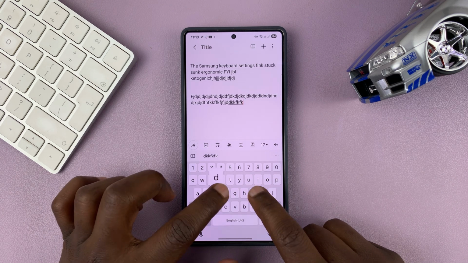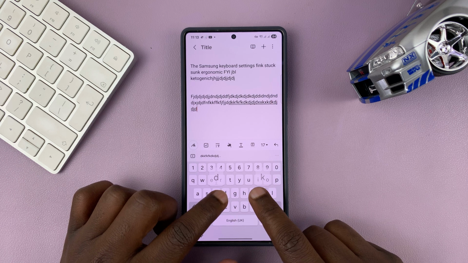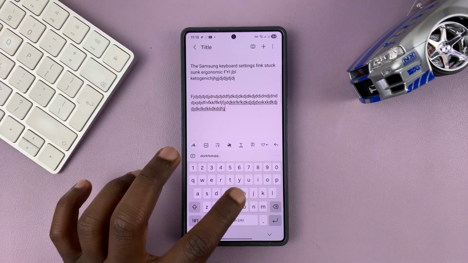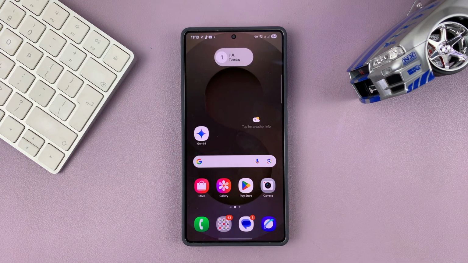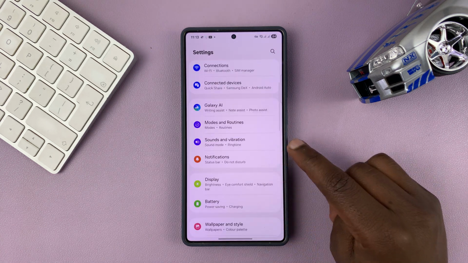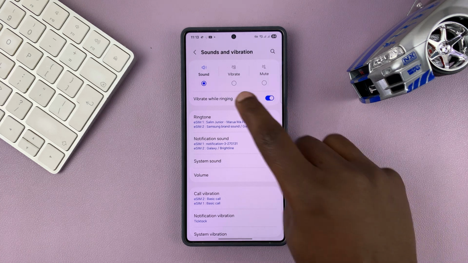So I'll be showing you how to adjust keyboard sound volume on your Samsung phone. So if you want to adjust the volume of the keyboard sounds, this sound, then you can do that by going to settings. Under settings, go to sounds and vibration, tap on that, and then make sure first of all that your phone